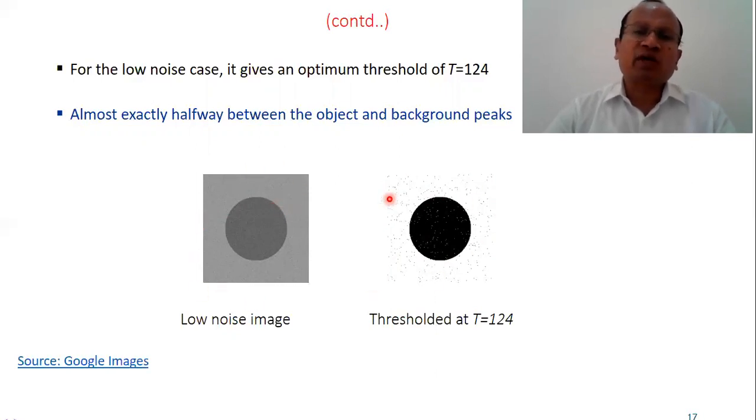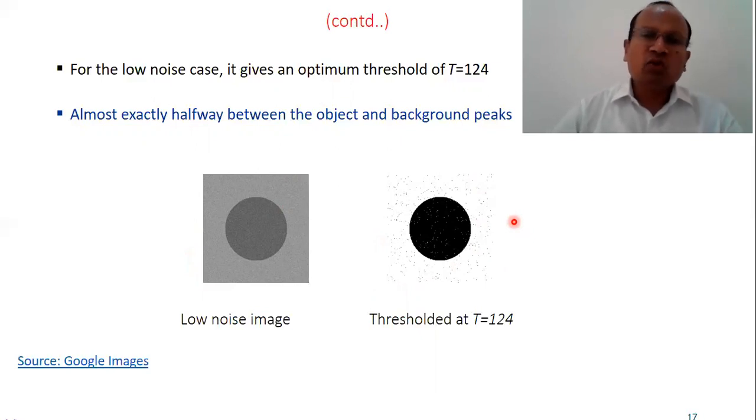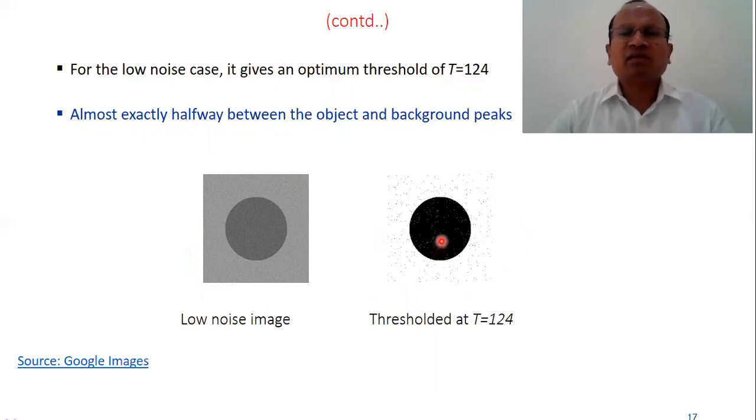So background and foreground can be separated, can be segmented, and we can clearly see what the background is and what the foreground is. So we can suitably choose the threshold value. And you can also see that in this image, there is a noise called salt and pepper noise. You can see some grain-like structures. So this is how we separate the image into a number of regions.